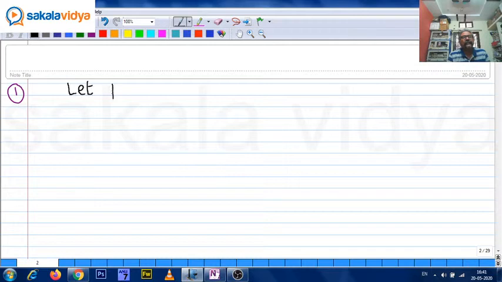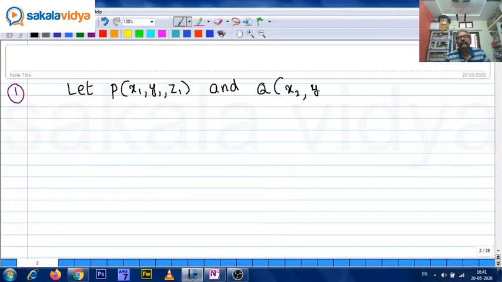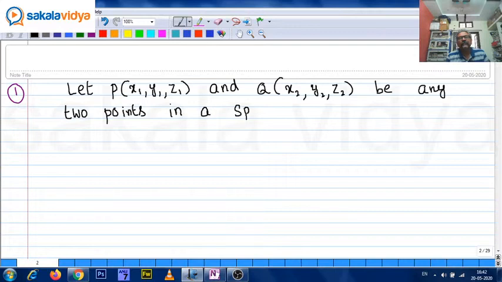Let P(x1, y1, z1) and Q(x2, y2, z2) be any 2 points in a space. Don't call it a plane, it's not a plane, it's a space. In a space, then